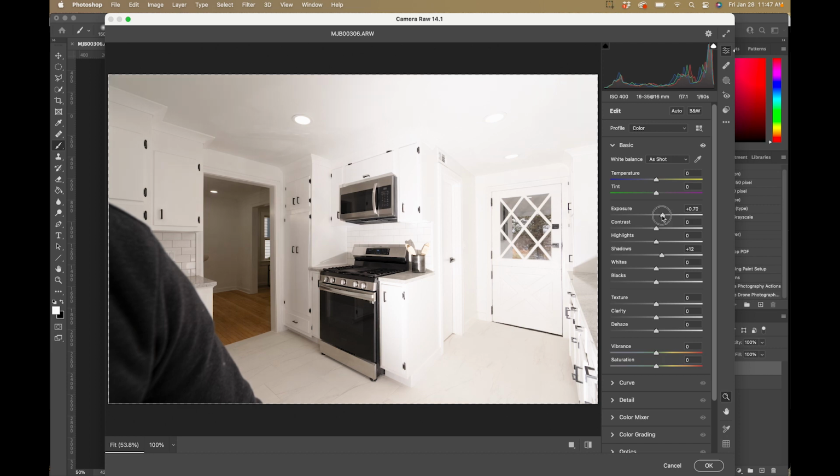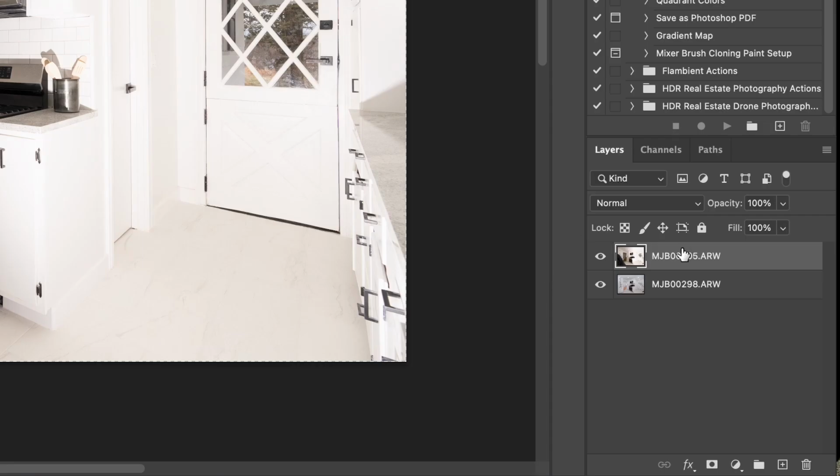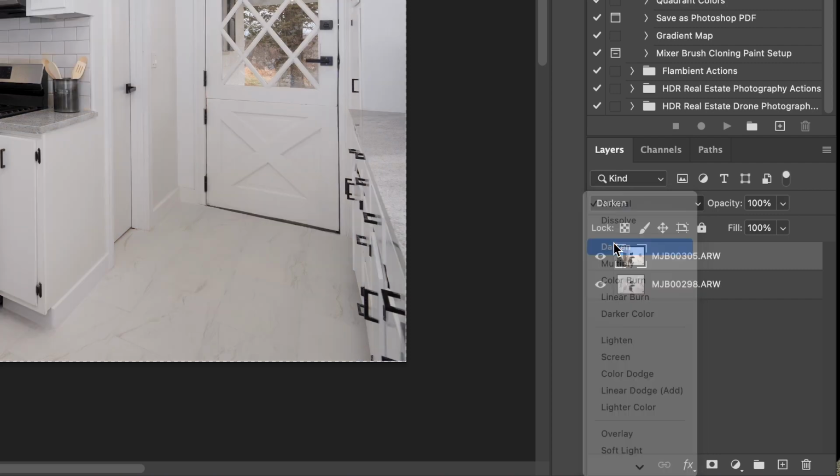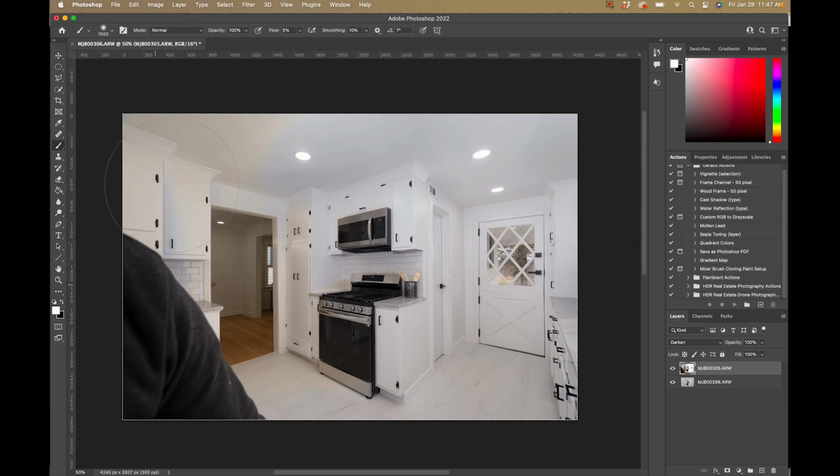So yeah, somewhere around there, I like that exposure. And now what I want to do with this is put it into darken mode, as opposed to before, when we were putting it in lighten mode because we wanted to brush in the light areas. Now we want to get the darker areas. So that's why we overexpose around the window, and that's how these window pulls work. You put that in darken mode, and already you can see it's doing weird stuff all over here because we